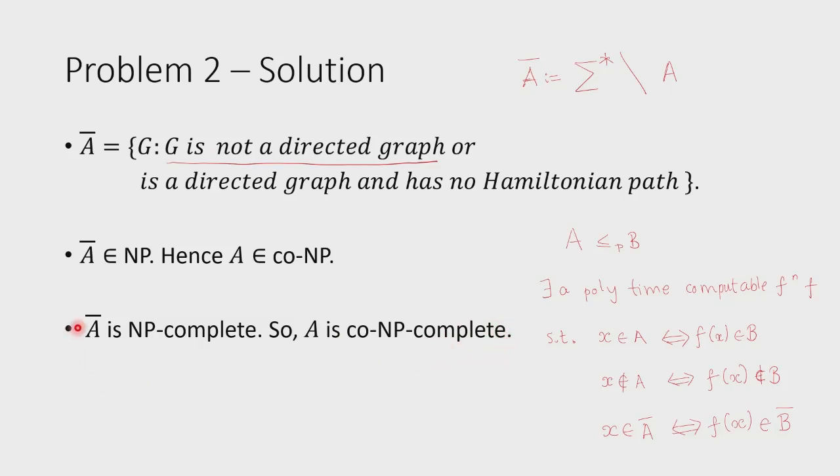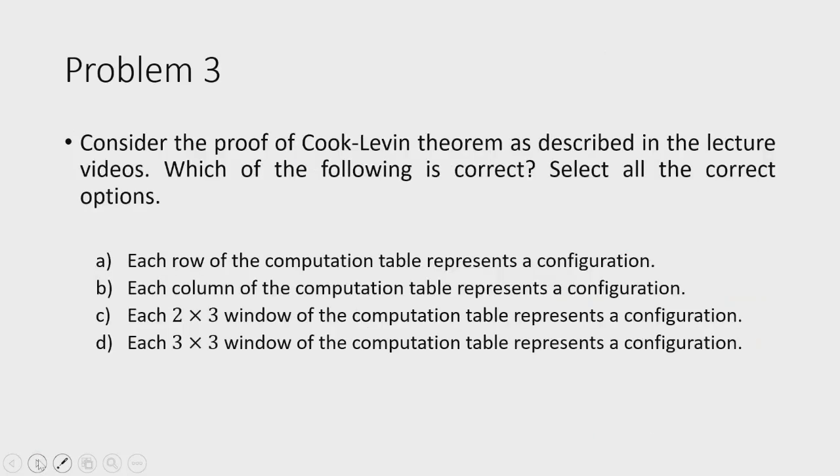Yes. Because if every NP language reduces to A complement, then that language's complement would reduce to A because of this, and that would be in co-NP, right? Yeah. So if this is fine, we can move to the next problem. Okay. So the third problem is: consider